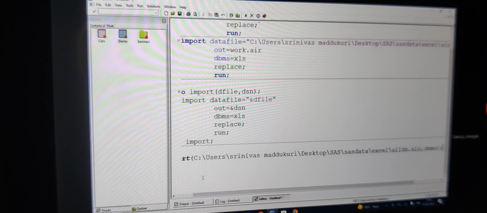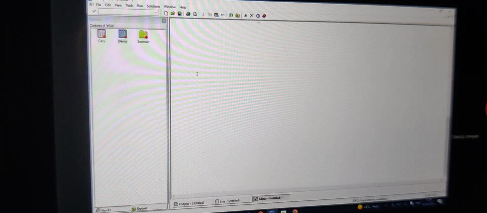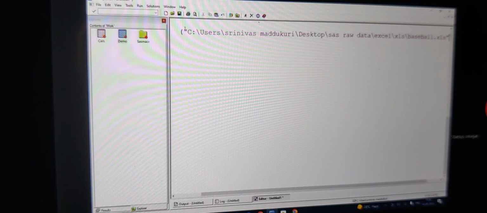Tell me how we are going to get the macro now. This is how we are going to get it. Simply, what is the macro that we have developed? Remember, percentage import, open the parenthesis, the path of the file. This is the path. You don't need to give the quotation, because we have already given quotations in the file